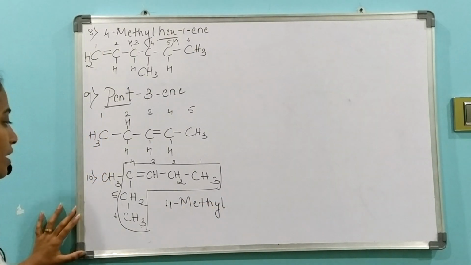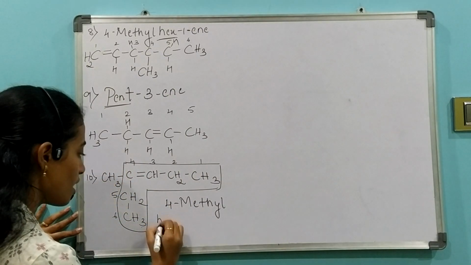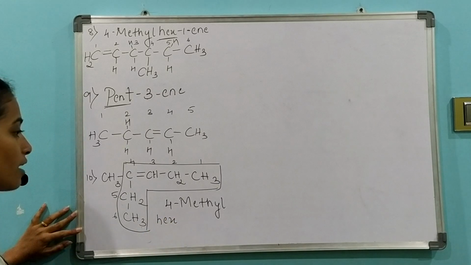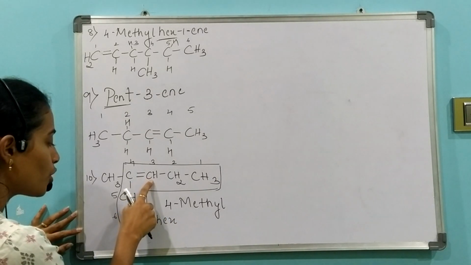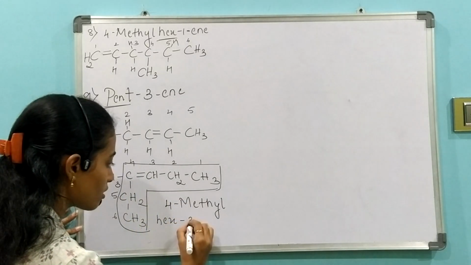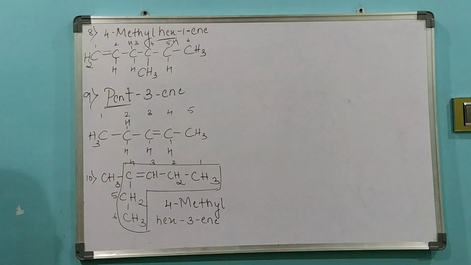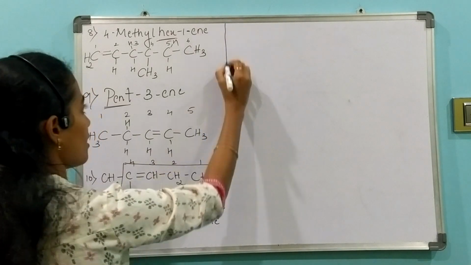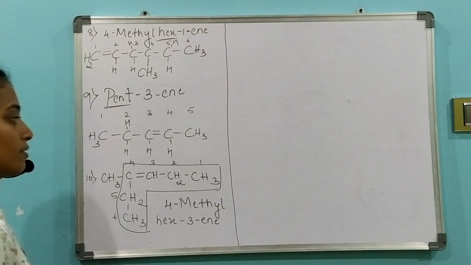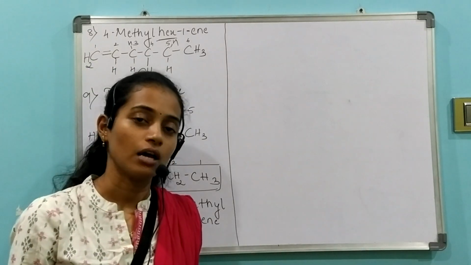4-methyl. And in the parent chain, how many carbons do you have? You have 6 carbons. So what will be the root word? It is hex. 4-methyl hex. And you have the double bond between carbon number 3 and carbon number 4. So you are going to use the smaller number, 3-ene. 4-methyl hex 3-ene. I hope you understood how to name the organic compounds, that is alkenes, by following the IUPAC